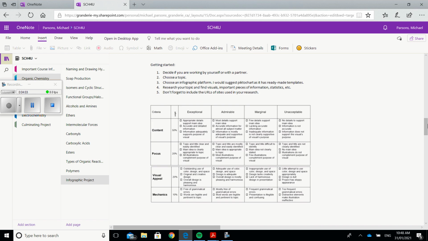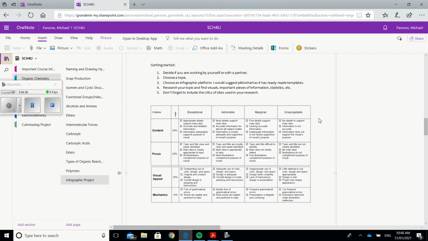Just a couple more points. I talk about how you get started there. If you want to work with a partner, you can. Choose one of the topics, and then choose an infographic platform. I would suggest that you go to PictoChart, as it has ready-made templates, and it's fairly easy to use. Research your topic and find visuals, important pieces of information, statistics, and don't forget to include the URLs of sites used in your research. This is the basics of how I'm going to mark your